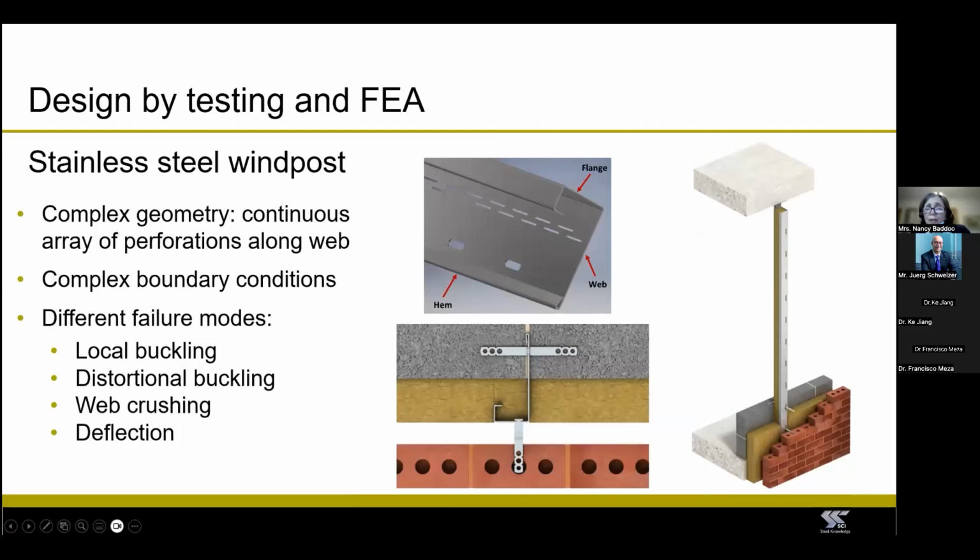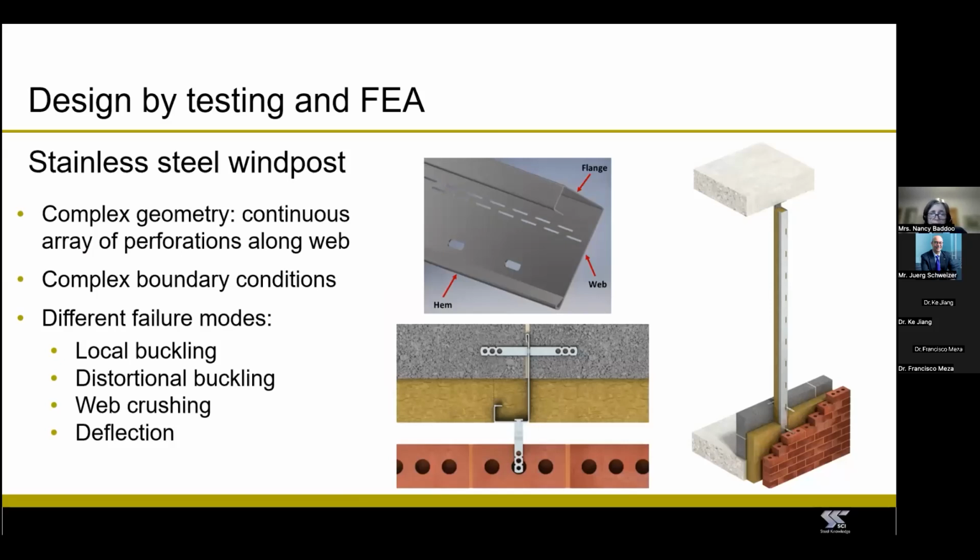Now, there are some situations in which the type of member you're trying to design falls outside the scope of a design standard. In these situations, design by testing is the right solution. To minimize the number of tests needed, you complement it with numerical analysis, which helps you cover a wider range of cases. This is the sort of work that SCI has carried out for several manufacturers wanting to